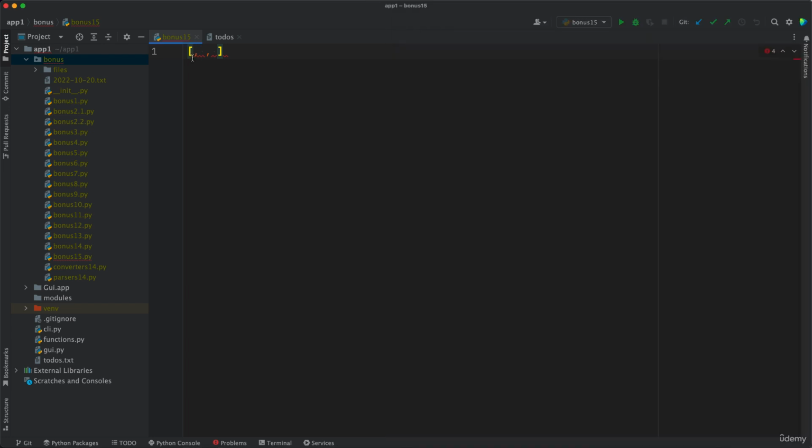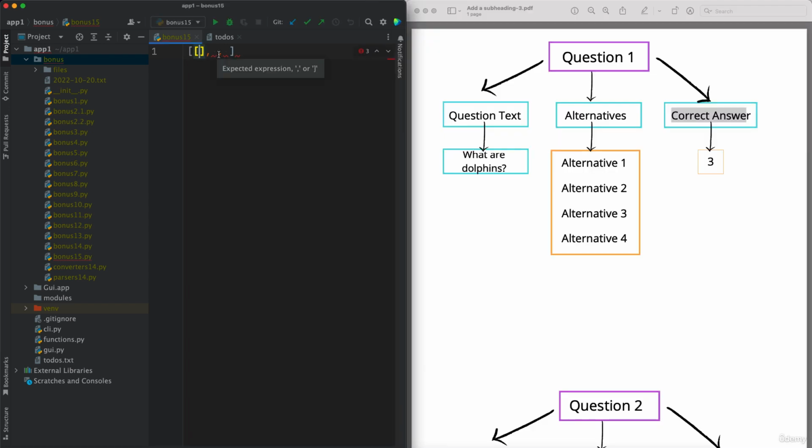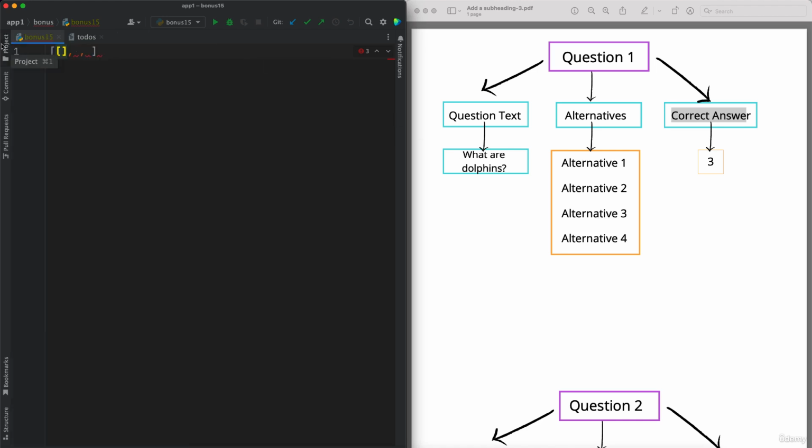So we cannot have a list where we say question text like that and alternatives and so on. It's better to have a dictionary where you say question text and its value is what are